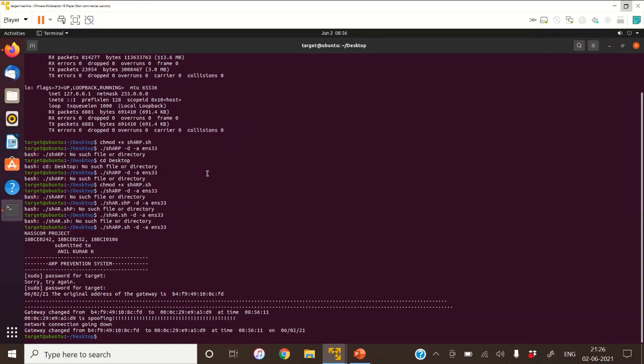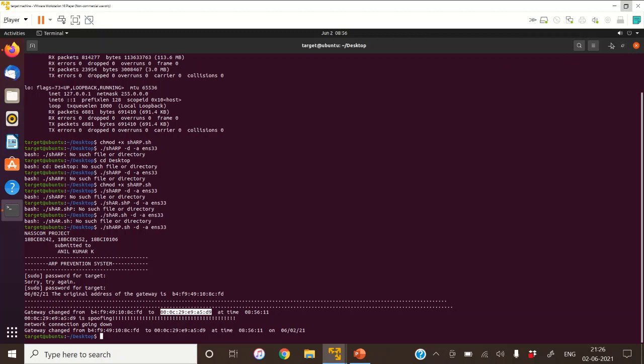Whenever it detects a change in the MAC address of the gateway, it is clear that ARP spoofing is done. Here it notifies us that the gateway changed from the actual MAC address to some other one, which means there is an attack like ARP spoofing. The network connection goes down.